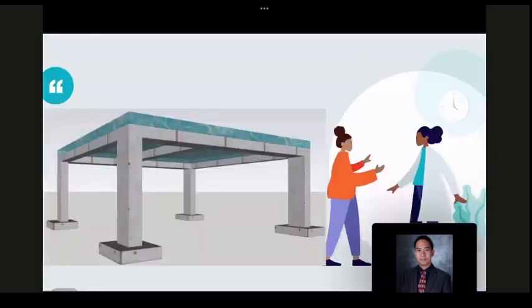Okay, the structural elements of a building frame. So, sa isang typical na building, yung typical na building natin,